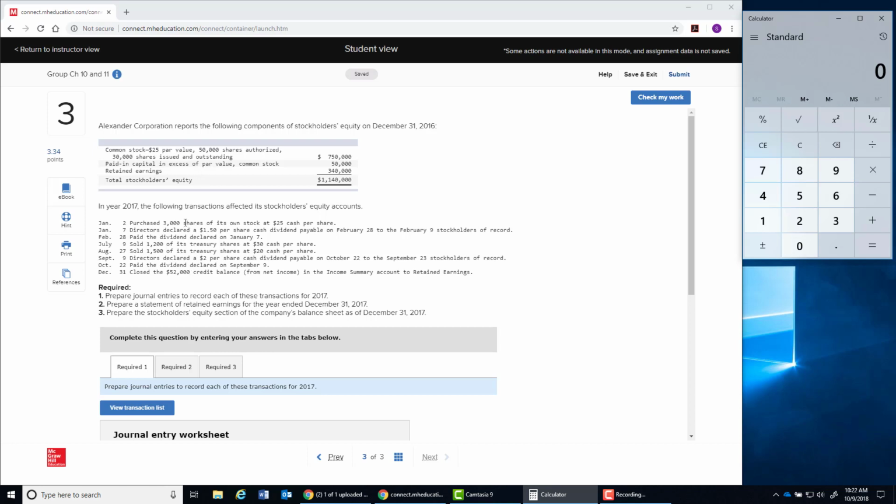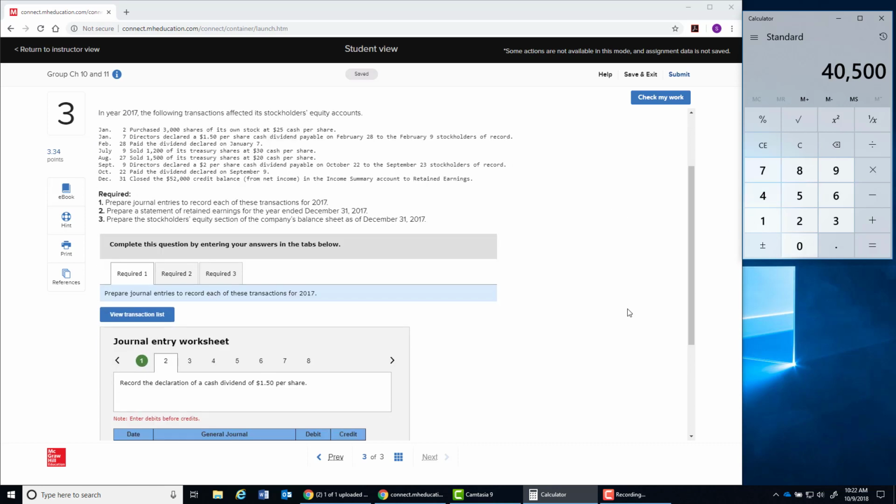You have to consider the fact that you've already taken 3,000 shares off the market. You're not going to pay yourself for those shares. So really, when we calculate the dividend, it's based on 27,000 shares, the 30,000 shares minus the 3,000 that we bought back. Multiply that by $1.50, and my dividend declaration should be for